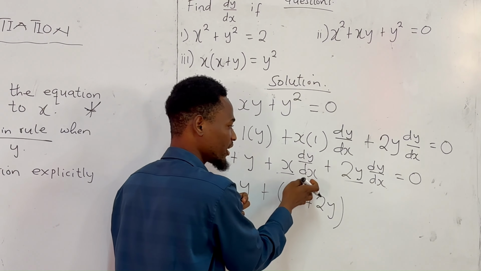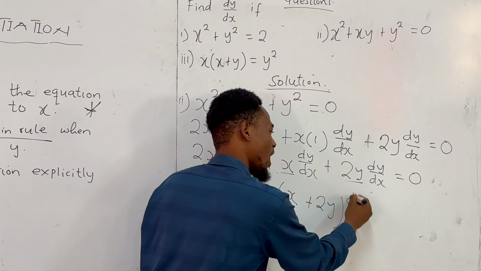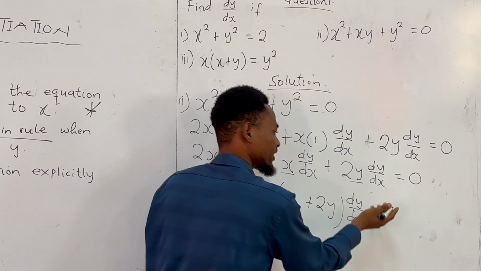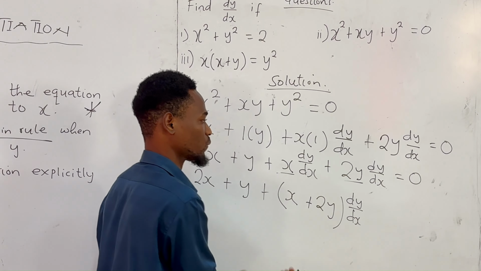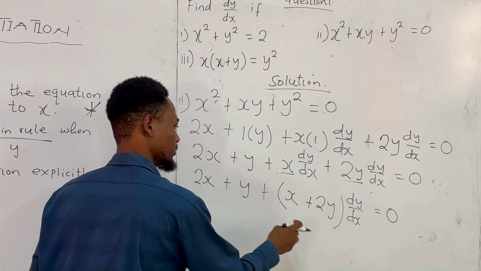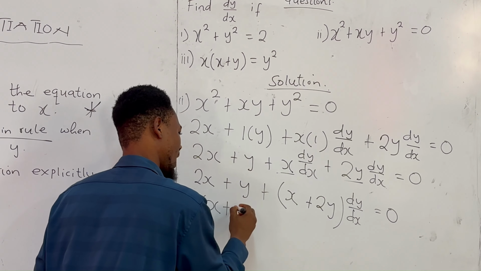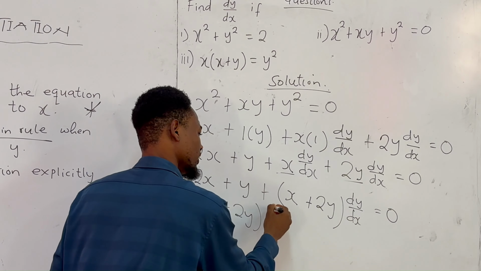Because dy/dx and dy/dx are common here, I'll pick one. So dy over dx. That's simple factorization, which is equal to 0. So I have x plus 2y times dy/dx